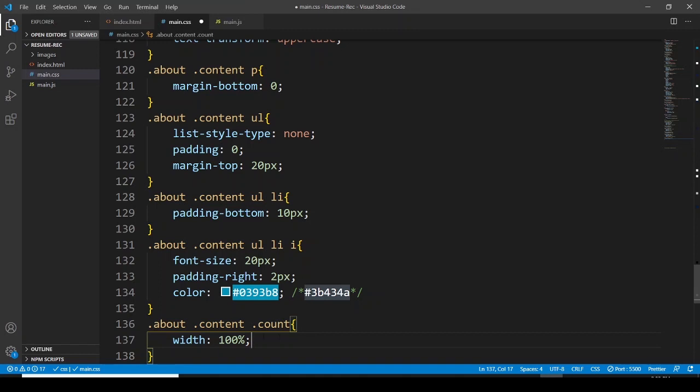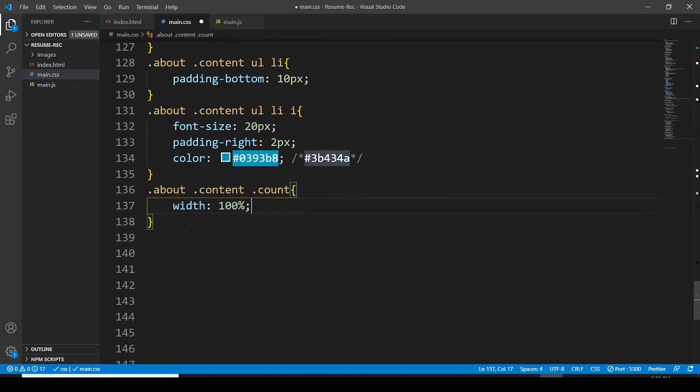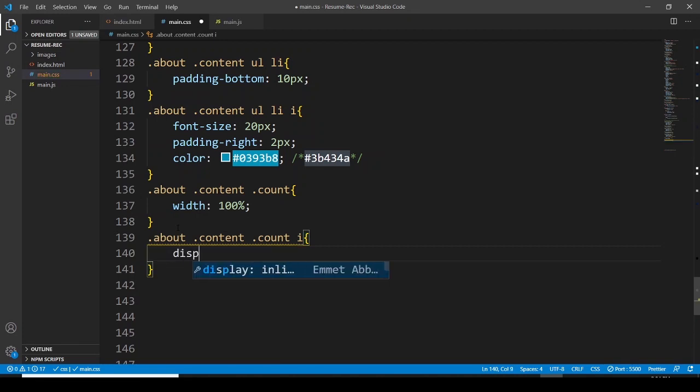So for this, first of all, let me bring it here and content, and then let's go with the count and font awesome icon, where display is going to be block, and the font size is going to be 36 pixels, and the color for this is going to be